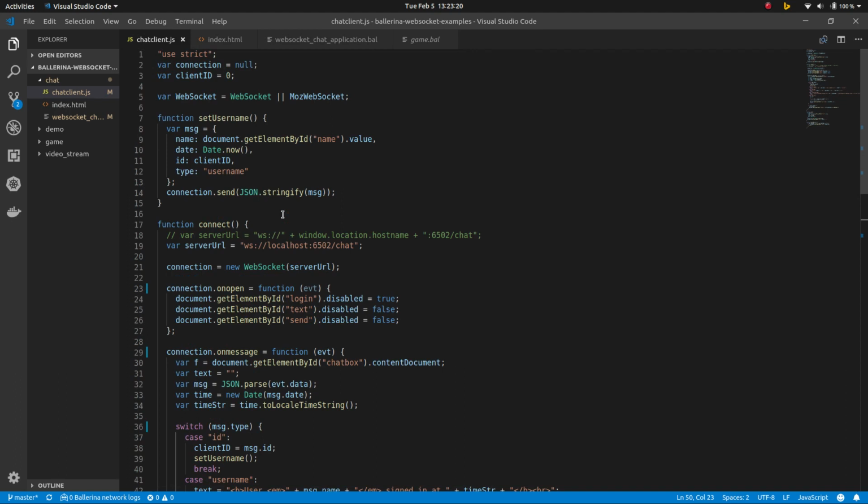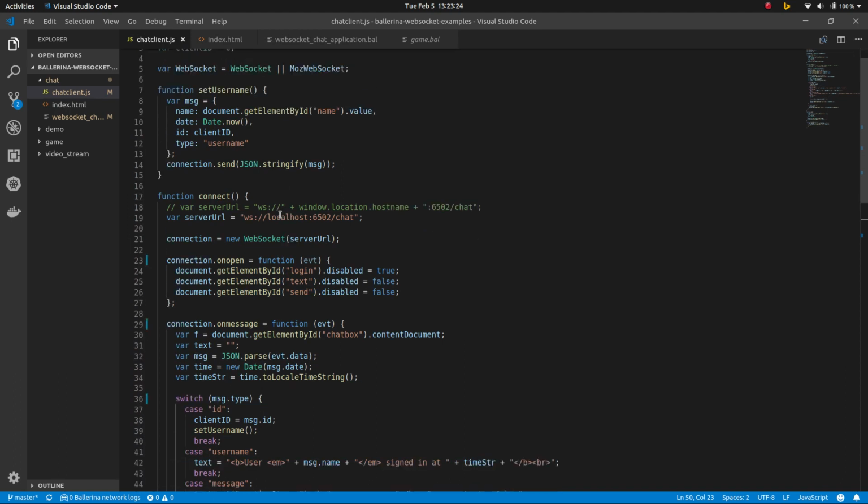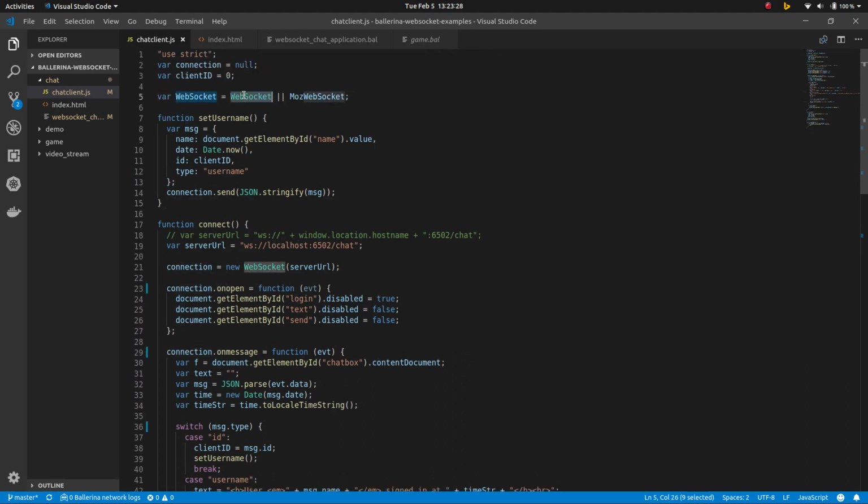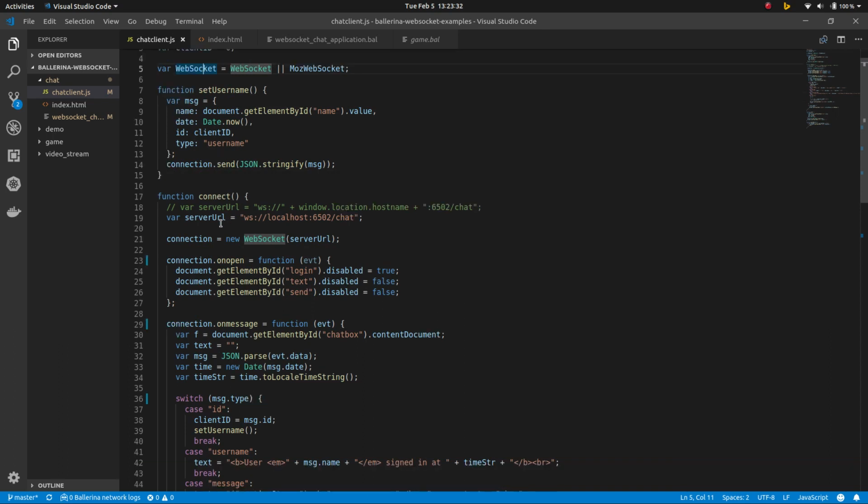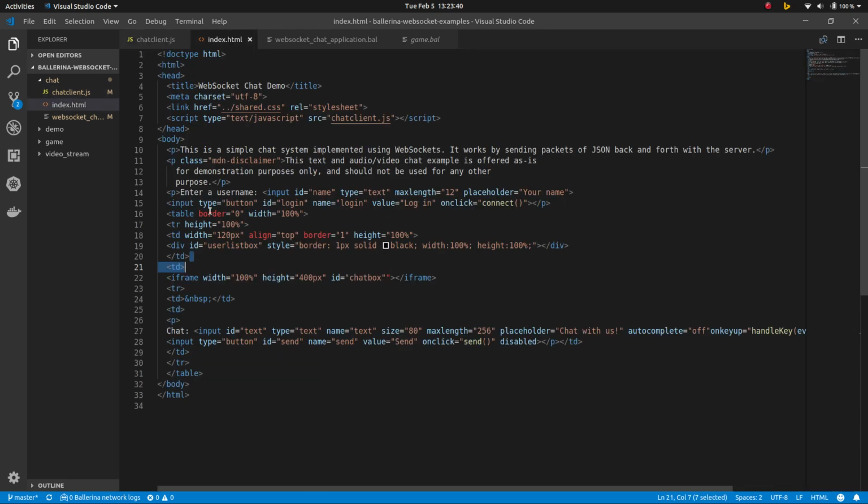So this is the JavaScript code. Here first, I'm creating a WebSocket connection using this URL and connecting. I'm calling this connect method here when the user presses login,